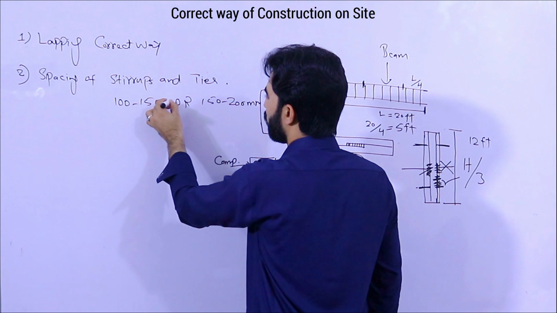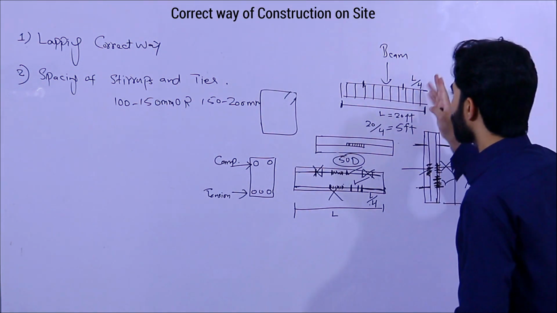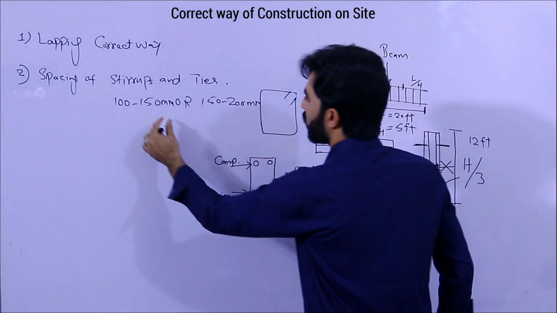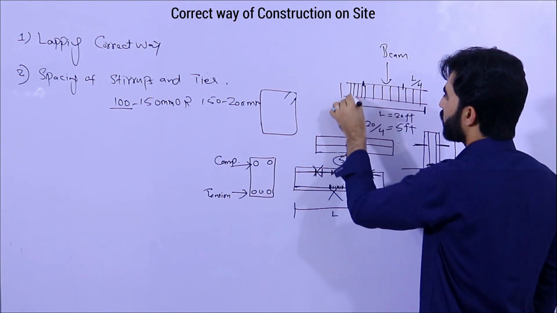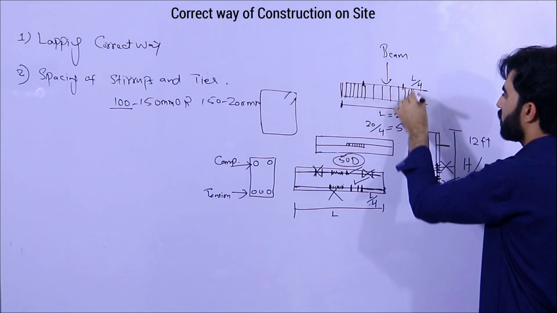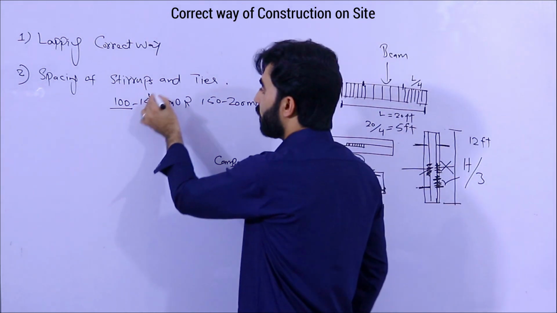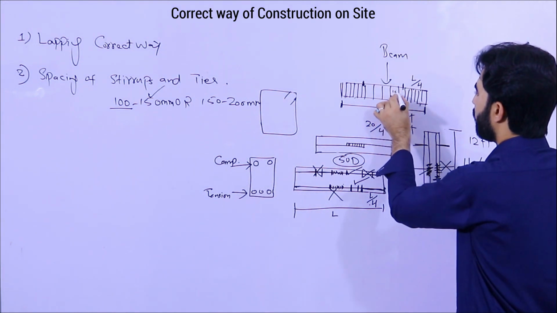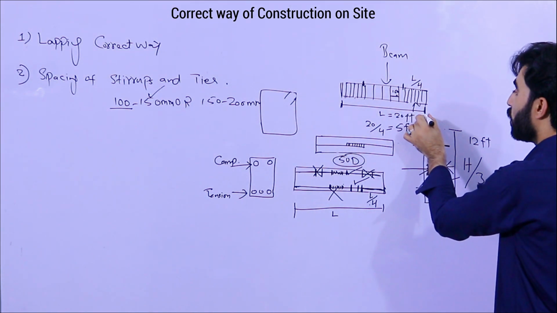You can provide, this is the formula for placing the stirrups in a beam. So to the distance of L by 4, the stirrups should be provided closely. For example, if I am using this formula, to the L by 4 distance we should provide closely, at the distance of 100 mm, also at this side. You can see guys. But at the mid we will take 150 mm, about 6 inches. So this is the formula, 150 mm we can provide here. But at L by 4 distance, it should be provided with 100 mm.